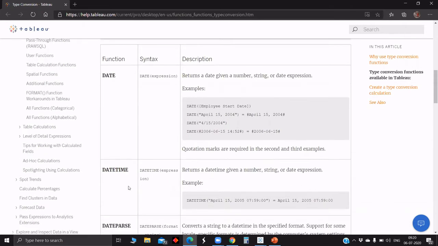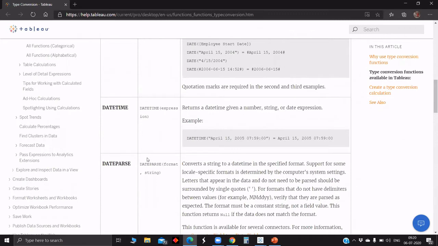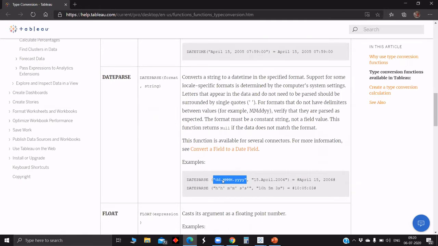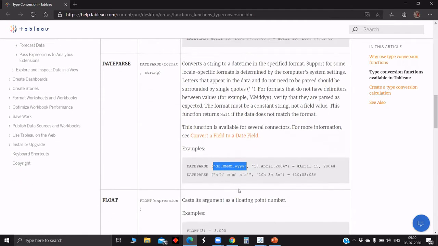Here, though we have input in a different order, if we want the output of the date in a specific order, we can use the date parse function, so that we can give the format we want. So that's the use of the date parse function.